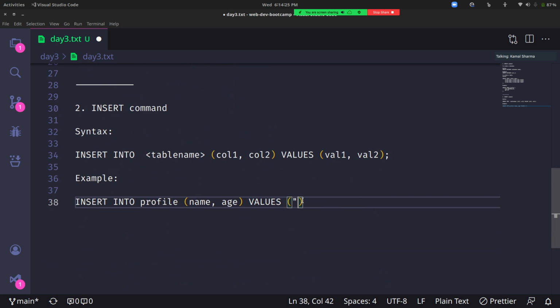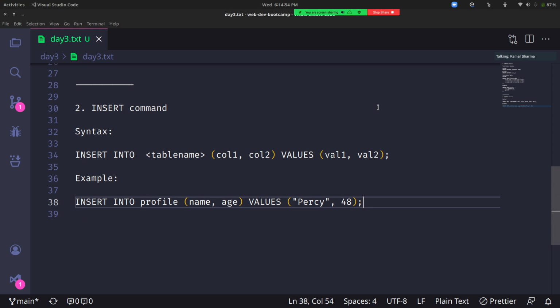For strings, you can either use single quotes or double quotes. I'll give it in double quotes so that it indicates a string. So as usual, I'll just give my name, or maybe for a change, I'll give Percy, and for the age I'll give 48, some random age.